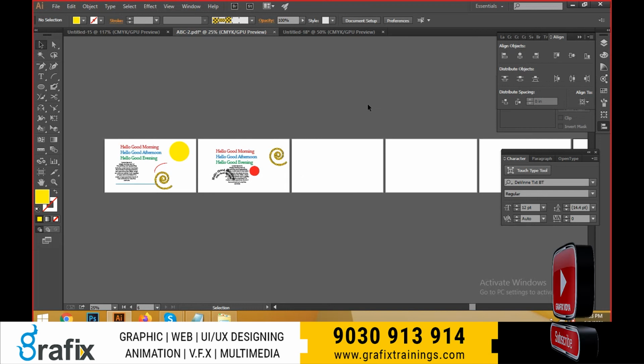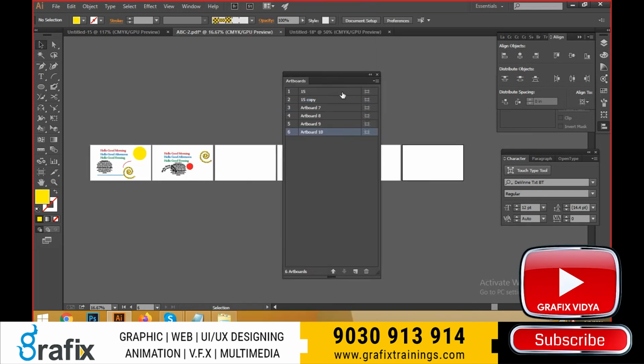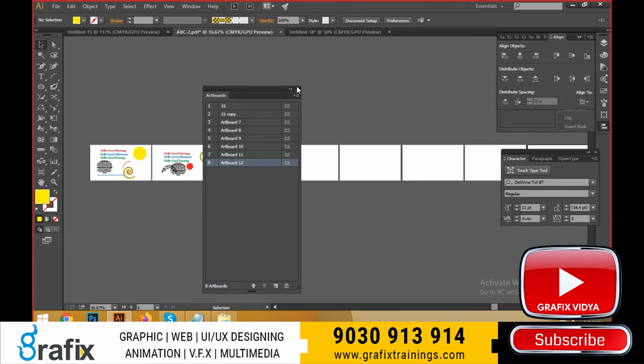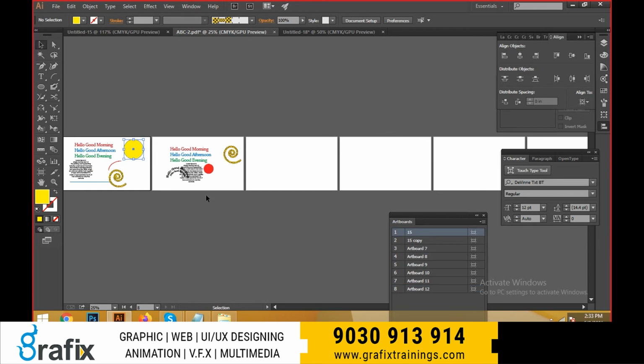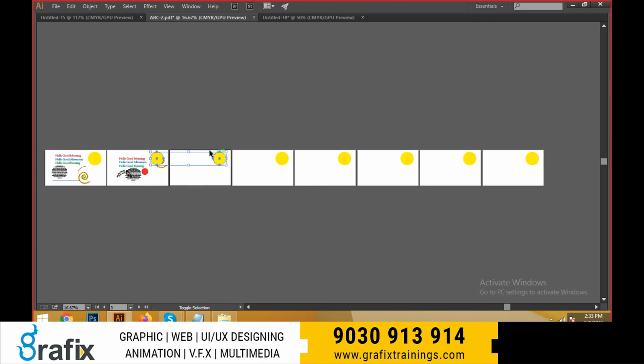You can select all the artboards, and just keep them here, and Control C, copy, Control Alt Shift V. What happened, guys? See, automatically. Suppose we use this, is there any logo or any numbers?